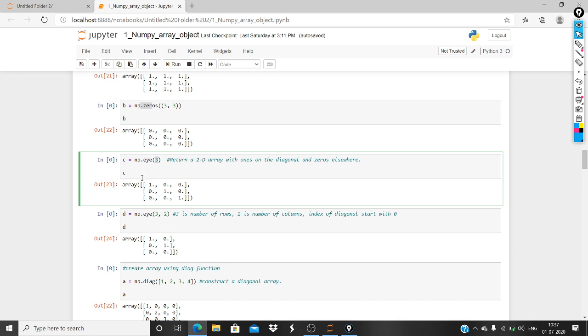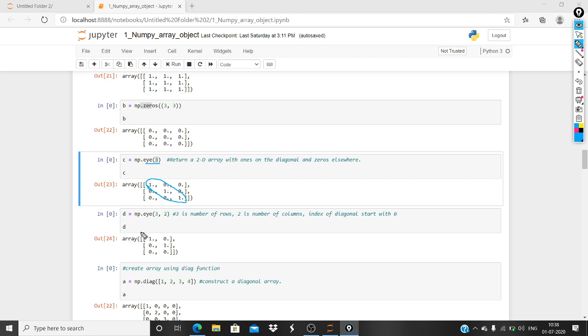If you know maths, this is called, I think I forgot its name. The diagonal elements are called something, I forget it, but no worries. It will set all diagonal elements to 1 and everything else to 0. So you can see here diagonal elements are 1 and everything else is 0. We just use np dot eye and provide it a dimension.